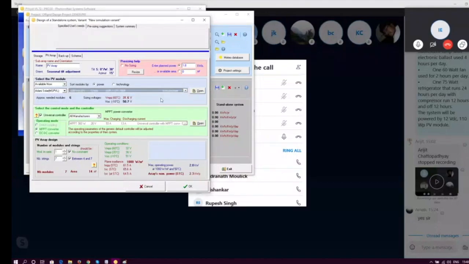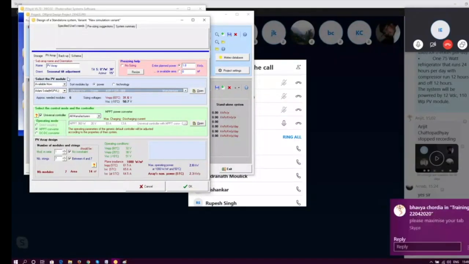In this case, as we have done the hourly distribution in our manual calculation, we have got 11 modules, right? 11 modules of 325 watt peak. But from here, you can see we are getting only 7 modules. So ultimately, our optimization is increasing, right? On the other hand, you can see after the PV module,